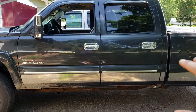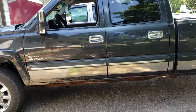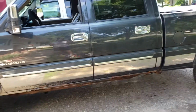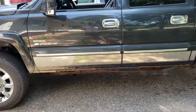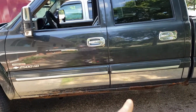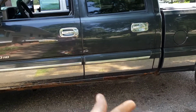But then the other thing I was going to look into, to try and fix that frame reverberation, aftershock feeling type of thing, was seeing if a 2007 frame would fit underneath this thing. I mean, like a true 07.5, 08 frame, because those supposedly had that problem fixed, and that's where these cab bushings come from, the updated ones. This is the 07, 08, 09 trucks. So, I think the 08 ones are fully boxed or something like that. Don't quote me on that, but I was thinking if those work and the Nerf bars on like the 07 crew or extended cabs fit on my 01 extended cab, well, if those cab mounts are the same,